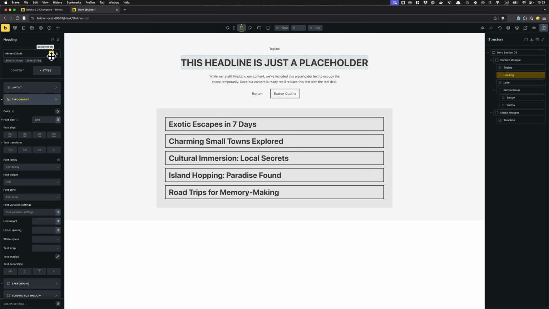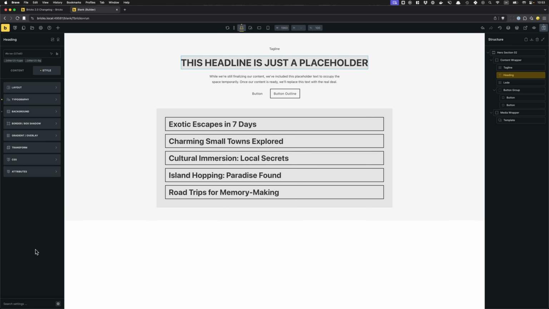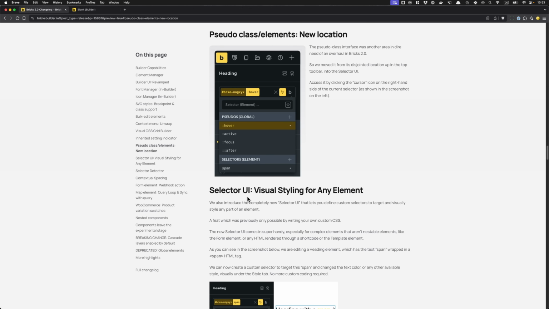The selector icon is highlighted in our Bricks yellow, so I know that there is a setting applied to some selector. So once I open up the pseudo UI, I can see that I have a setting here on the hover. I'm going to clear this just to continue editing without interfering with anything that I'm going to do next. And I'm actually going to show you the completely revamped or extended selector UI, which now allows us